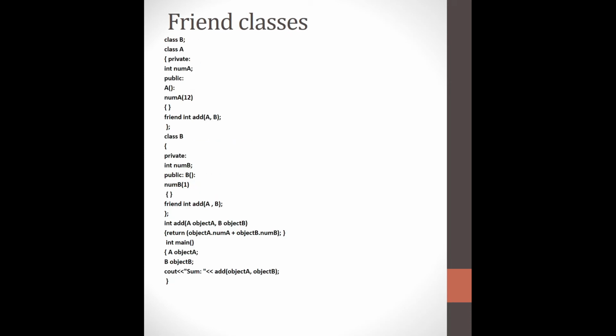Now what do you mean by a friend class? Here you can see class A, and you have another class B which is being declared over here. Why? Because you are going to make this class B a friend over here. You can see that you are making this B a friend. Your compiler will not understand if you are just writing a B over here. It will automatically search for what it is. That is why you are giving a class B over here.